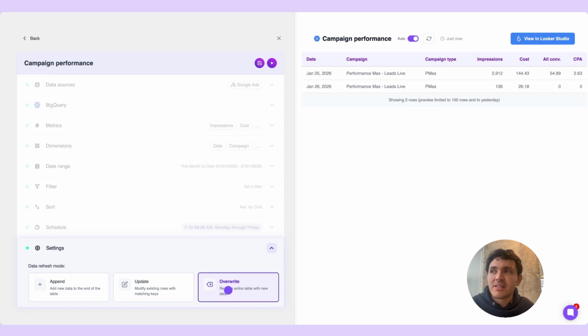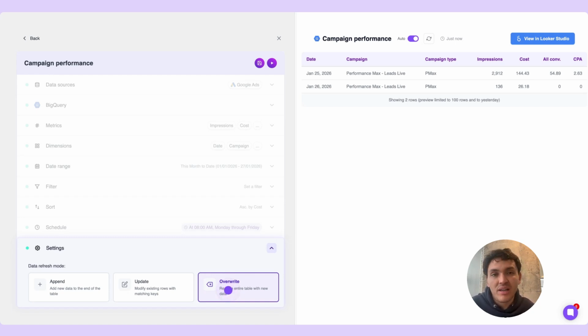But if you say that, for instance, hey, but I want to save my historical data, maybe you want to use an append. An append will insert rows beneath the other rows that you already have in your tables. Or update if, for instance, you want to match particular campaigns data and simply you want to sync or refresh the metrics performance. In practice, I will say that overwrite is better because with Google Ads data, you can